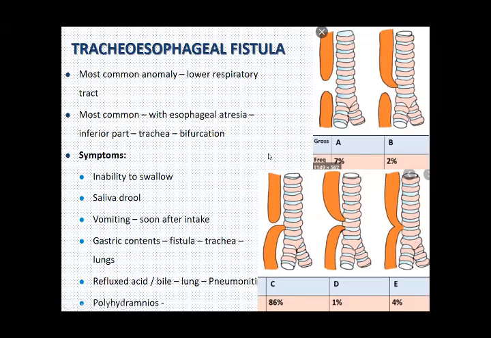When the child drinks milk, अब यहाँ से तो बंद है ये opening, as a result as soon as he drinks milk he throws out this milk, so vomiting हो जाएगी, inability to swallow, vomit करेगा soon after intake।